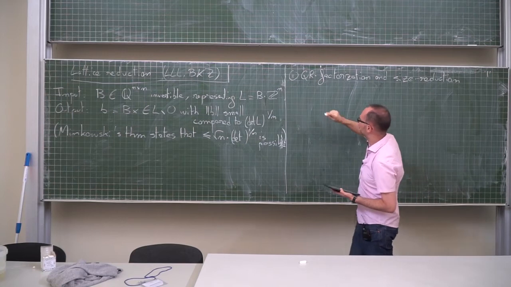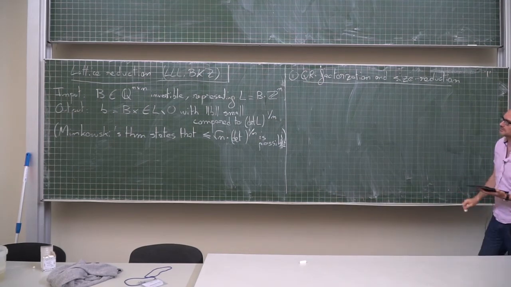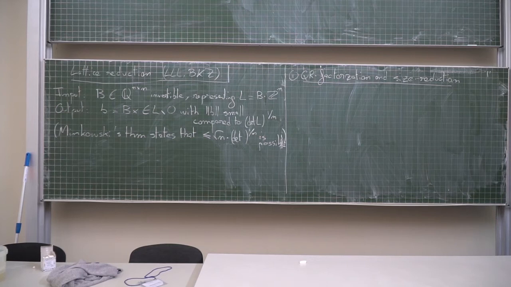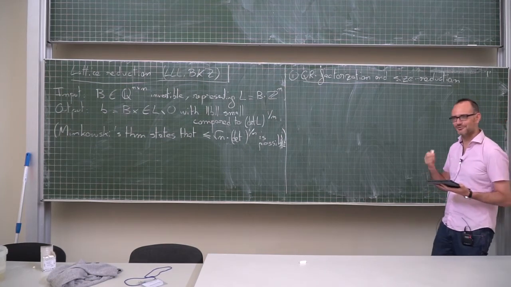And what is called size reduction. Okay, so very often LLL and lattice reduction algorithms are presented using Gram-Schmidt orthogonalization. I don't like it. I don't find it very convenient. I prefer QR factorization because then we can do everything in terms of matrices. If you don't know Gram-Schmidt orthogonalization and LLL yet, it's much more convenient to describe it in this way. If you already know LLL based on Gram-Schmidt orthogonalization, then you have to translate in your head to adapt yourself. So I will try to help you.